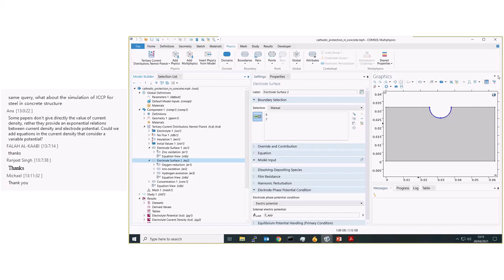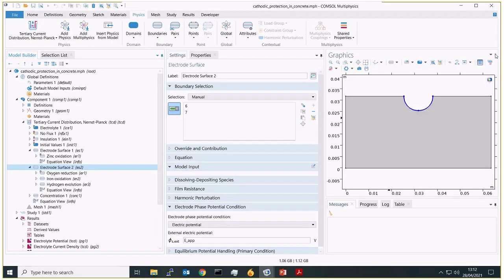And the next one is from Anna. Some papers don't give directly the value of current density. Rather, they provide an exponential relation between current density and electrode potential. Could we add equations in the current density that consider a variable potential?